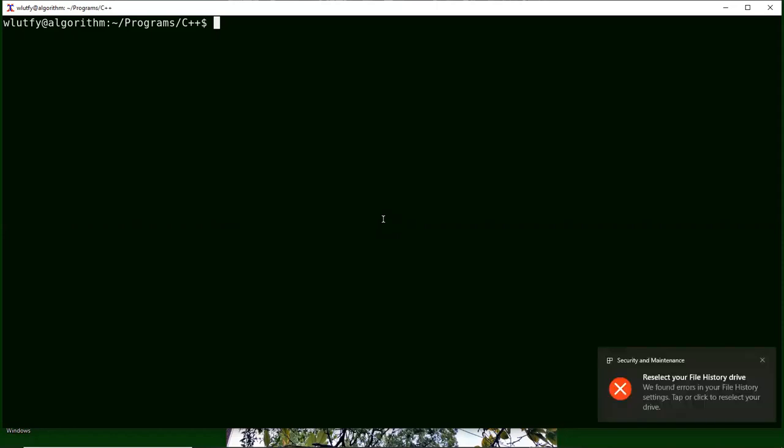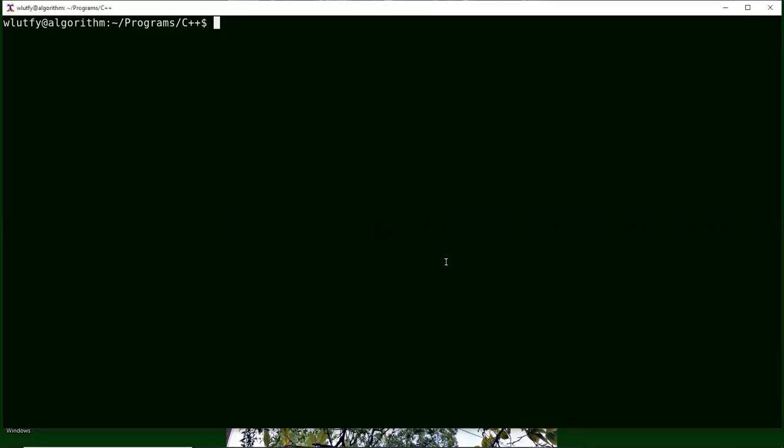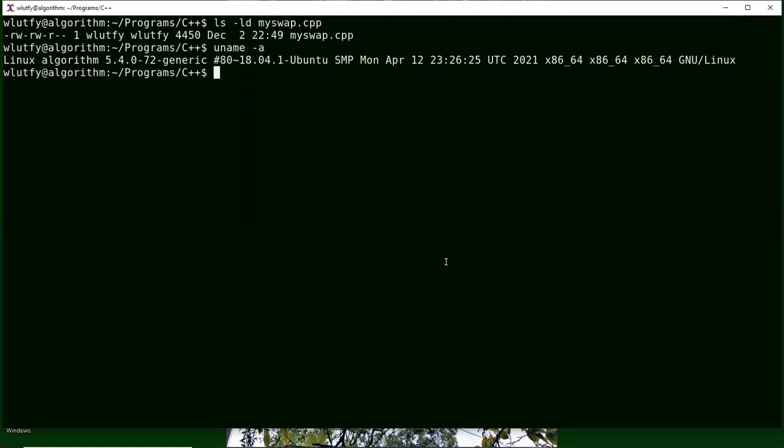Hello, I'm going to demonstrate swapping between two arguments in C++. When we're swapping between different data types, we're doing function overloading. And I wrote this program called myswap.cpp. So I'm on this Linux machine right now, which I'm going to check, basically, if I do a uname